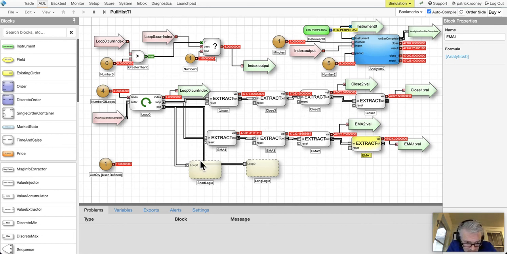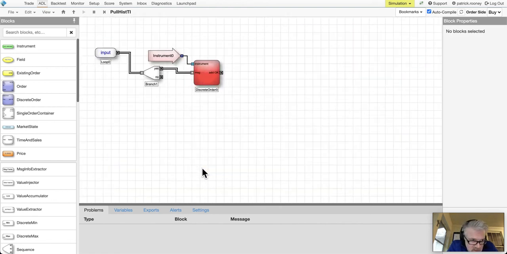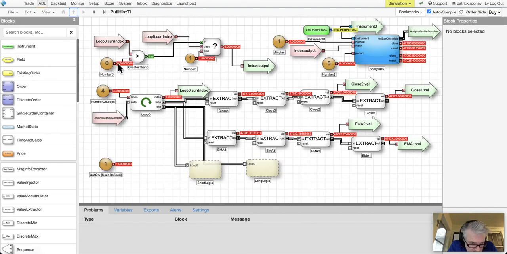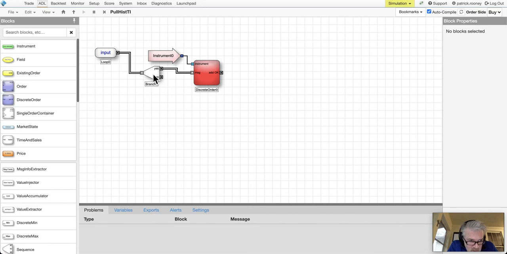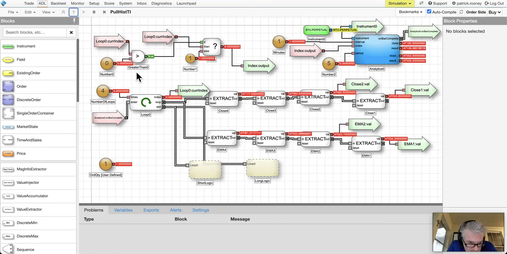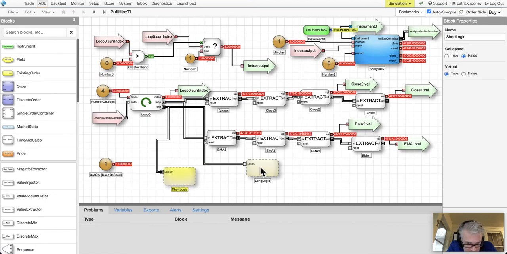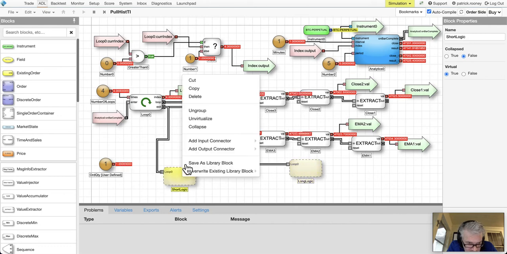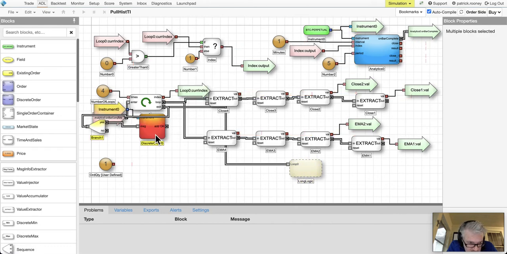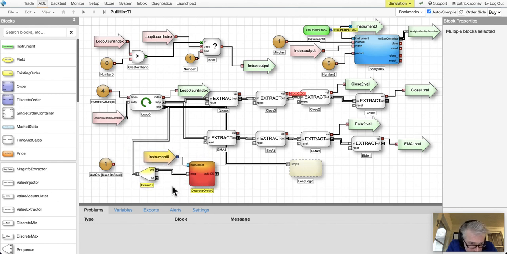My logic down here, just in case you're curious, is this is my sell block. I'm taking the input, which is the loop, which is loop 0. What is loop 0? Loop 0 right here. Once a data pulse comes through here, it's going to populate through and go into this branch block. What does the branch block do? Let's unwrap this so you can see it more clearly. I'm going to go ahead and ungroup this. What this whole logic is doing is,